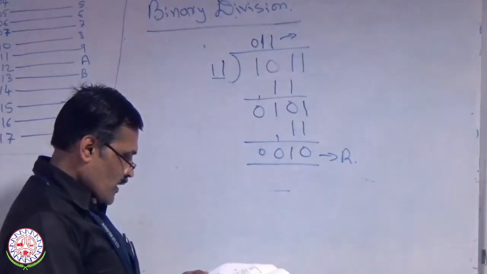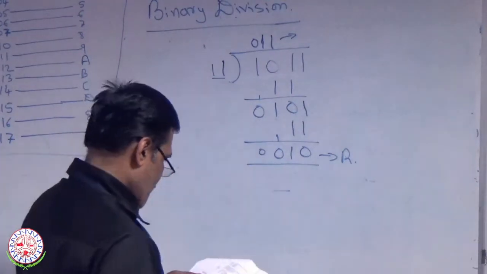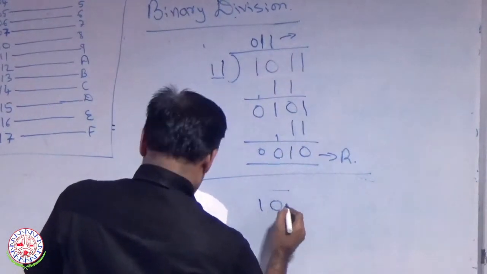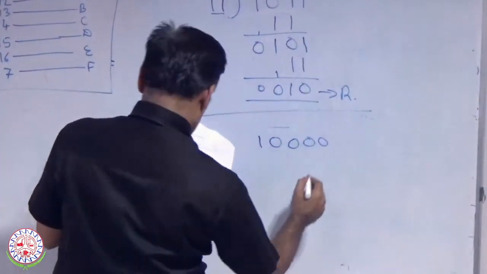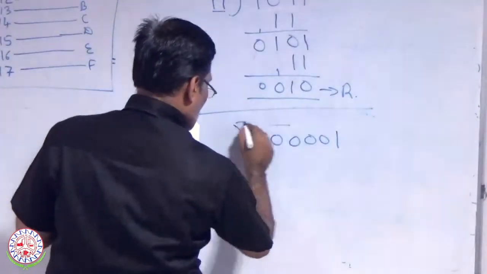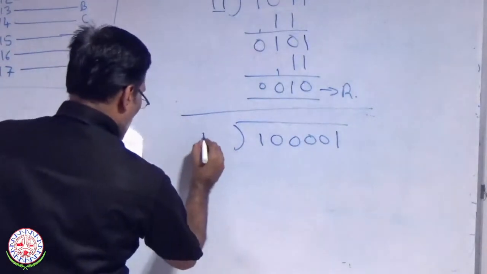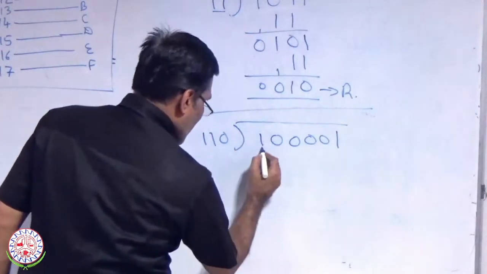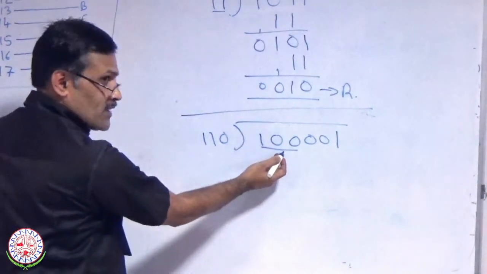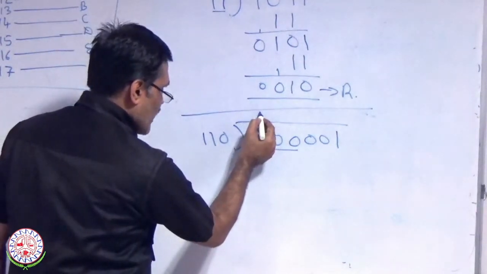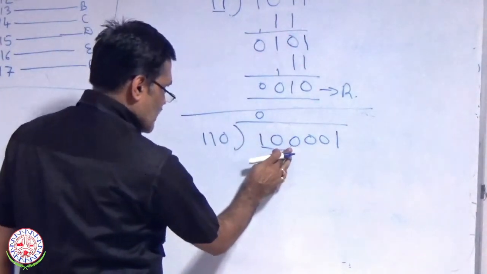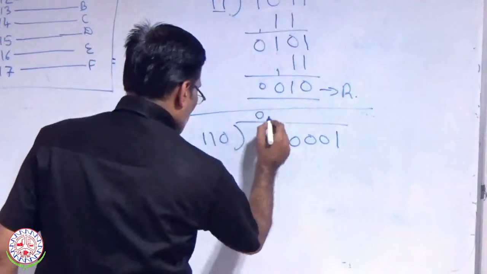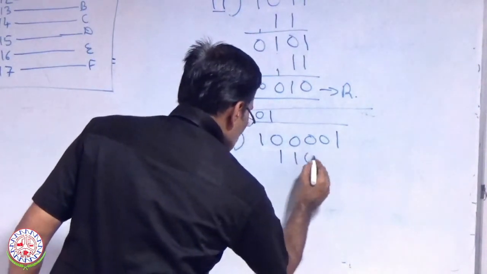Okay. So let us consider one more here. One, 4 zeros, 1, and the divisor is 1 1 0. Okay. So in this case, if I take these three, which is very much lesser than this one, therefore I have to take the next digit also, so I will add 0. Now I will take all these 4. Now again in this case 1 1 0, 1s are 1 1 0.